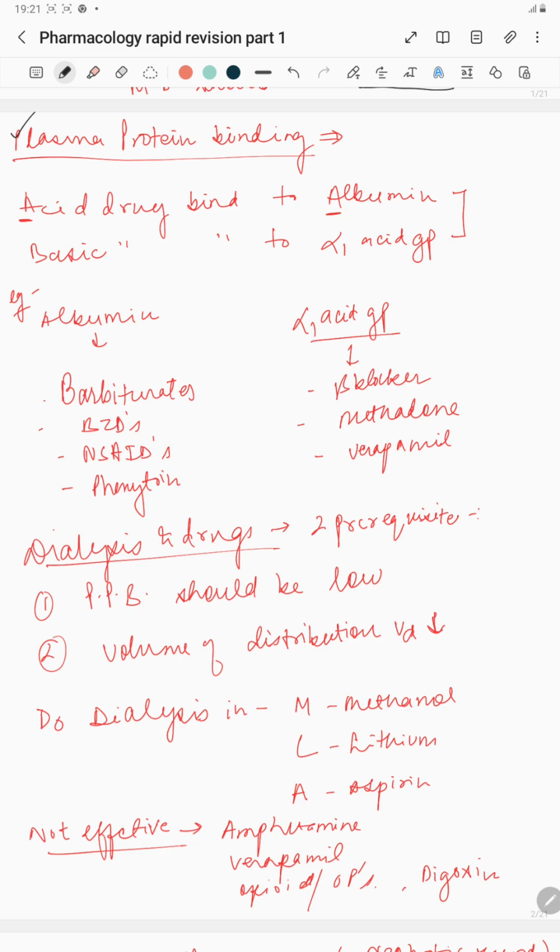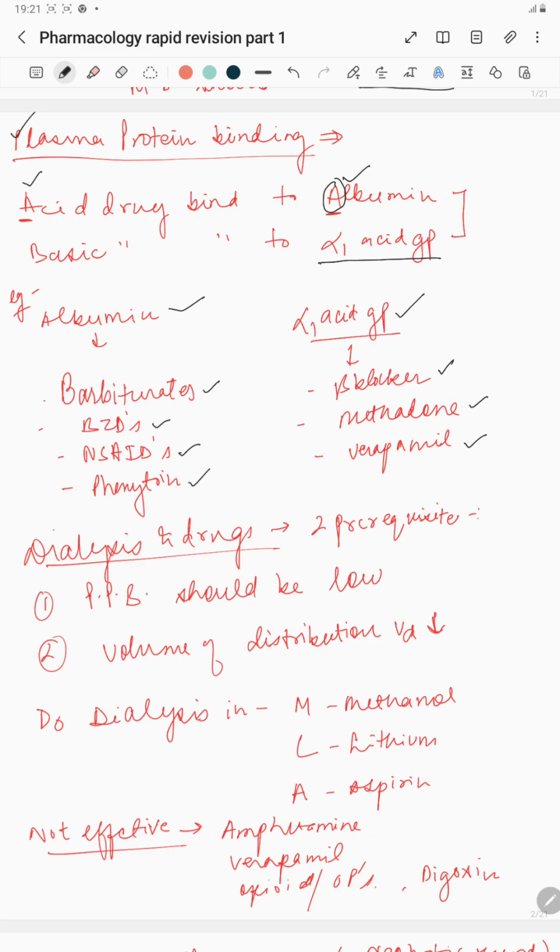Next topic is plasma protein binding. Now acidic drugs bind to albumin and basic drugs bind to alpha-1 acid glycoprotein. So there is a mnemonic: A for A, right? Acidic drugs bind to albumin. For example, drugs which bind to albumin are all the acidic drugs, which include barbiturates, benzodiazepines, non-steroidal anti-inflammatory drugs, and phenytoin. Drugs which bind to alpha-1 acid glycoprotein are beta blockers, methadone, verapamil, calcium channel blocker, which